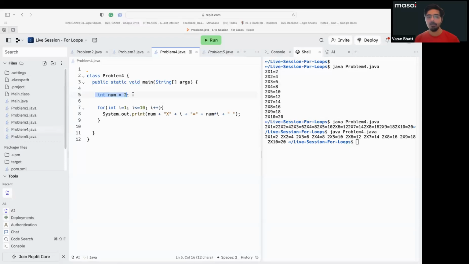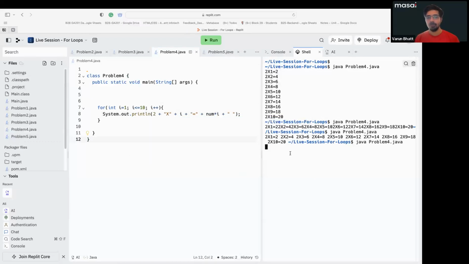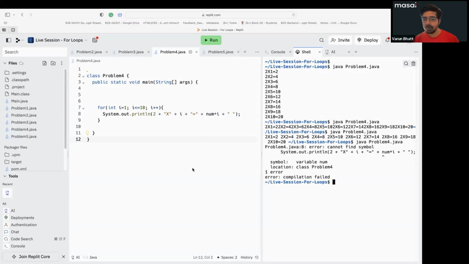अब या तो मैं इसको हटा भी देता तब भी मेरा काम बन जाता है, और इस नम की जगह मैं 2 लिख देता तब भी मेरा काम बन जाता। मैं यहाँ पे ln ही लिख देता हूँ, ln मतलब नेक्स्ट लाइन। ठीक है, अब अगर मैं ऐसे कर दूं तो लेट्स सी तब आउटपुट क्या आता है। 1 सेकेंड, कैन नॉट फाइंड सिंबल। अच्छा अच्छा, यहाँ पे तो नम ही यूज किया है, तो नम को हटा के मैंने नम उड़ा दिया।